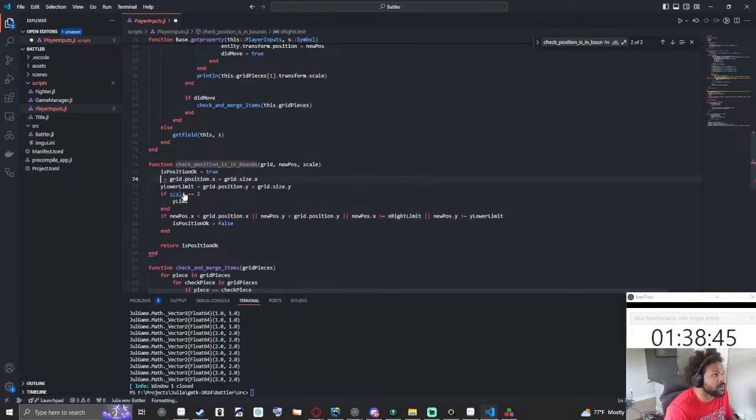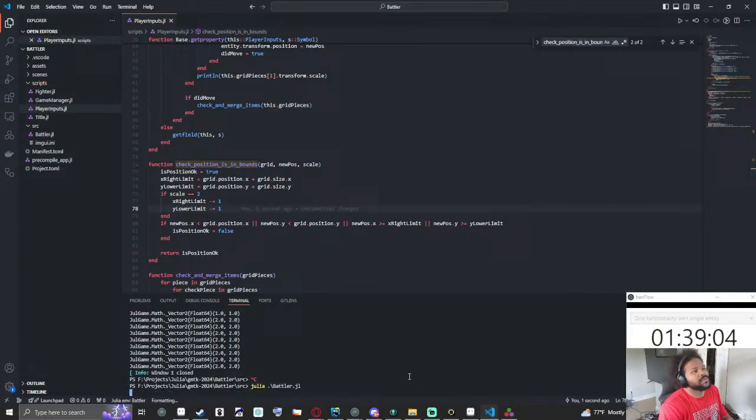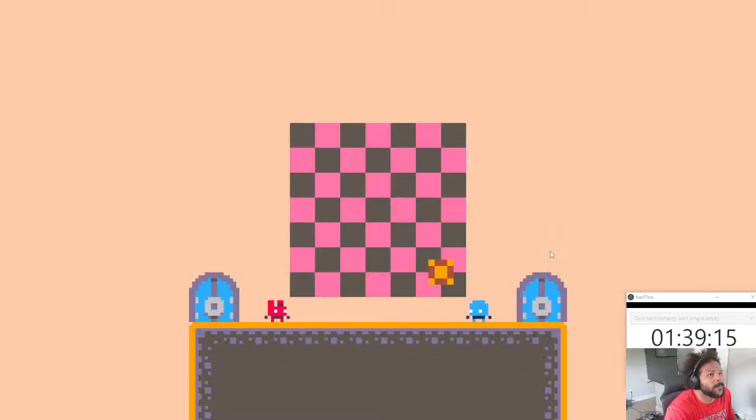Okay. Then y lower limit minus equal to 1. Okay, cool. That should work, I think. Okay, cool. Now when we grow,